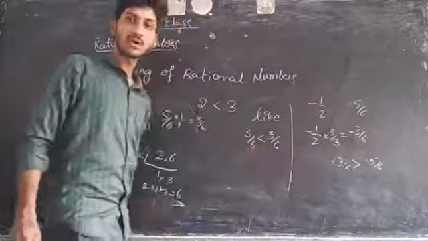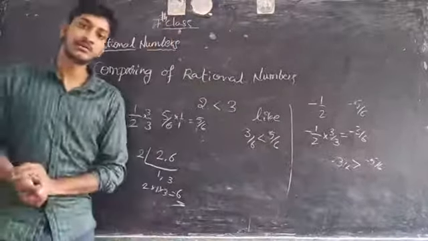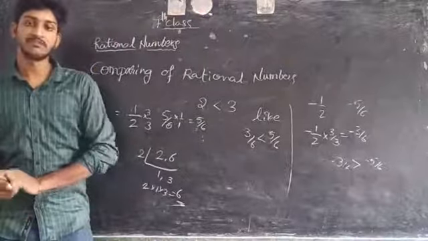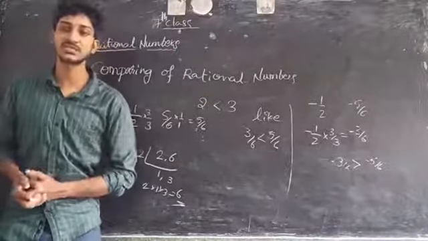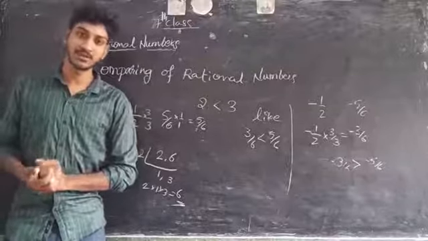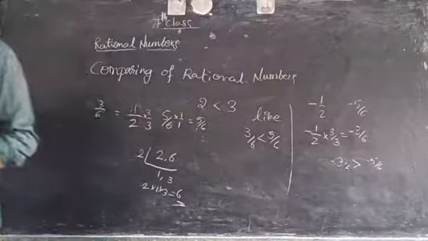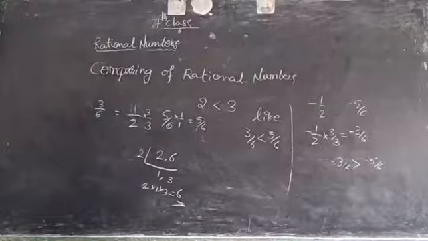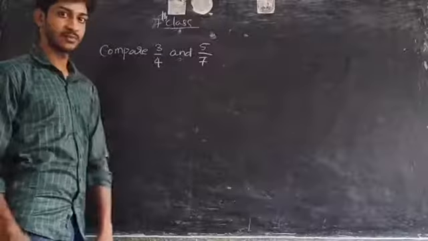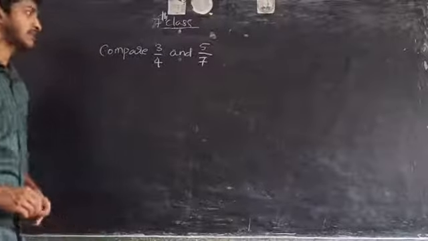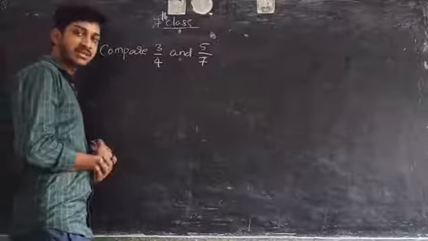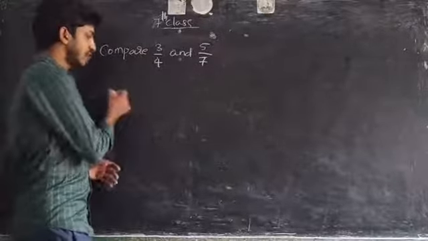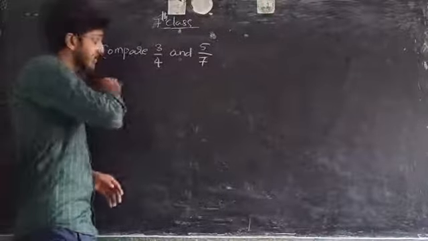Like that we have to compare the rational numbers by making denominators same. It means like fractions. Like fractions means the denominator is same. Okay children? See here children, compare 3 by 4 and 5 by 7. Here two rational numbers are given and he is asking to compare. So we have to tell which number is greater and which number is smaller.